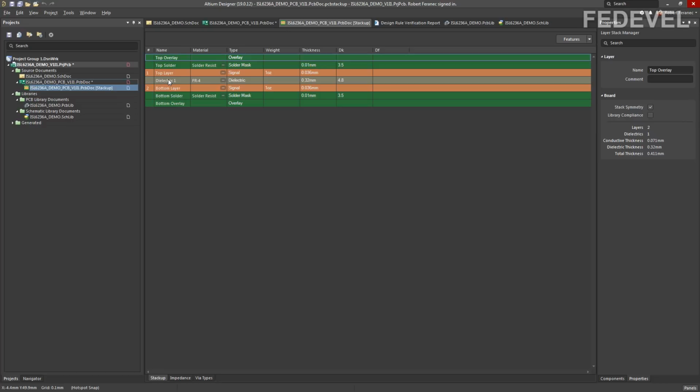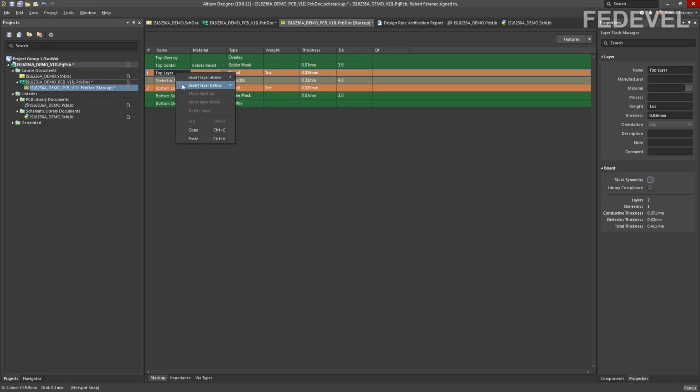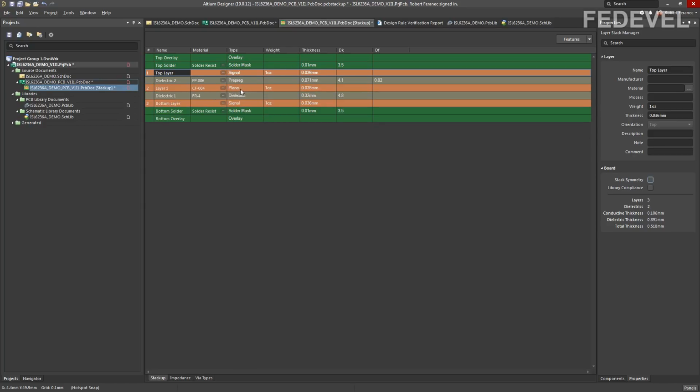We are going to add 4 more layers, and I'm going to uncheck this because it can be sometimes confusing. If you use this, it will automatically add 2 layers, okay, because the stack up will be symmetrical. So uncheck this. Now, to add a layer, hover cursor over top layer, right click, insert layer below, and as the second layer we would like to use plane. Plane, it means this layer will be just solid copper. We are going to use solid ground copper.